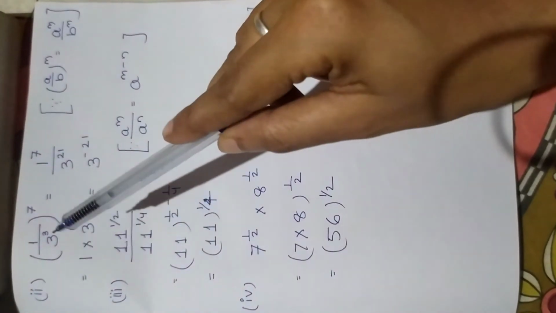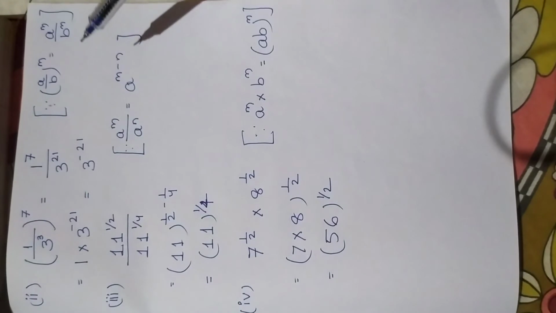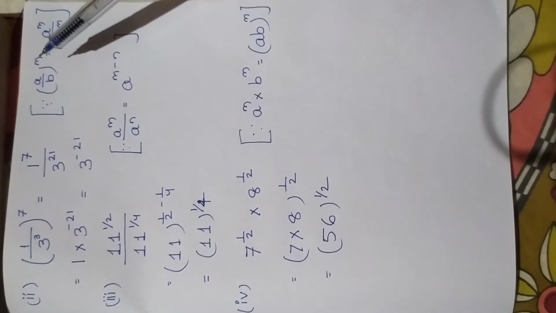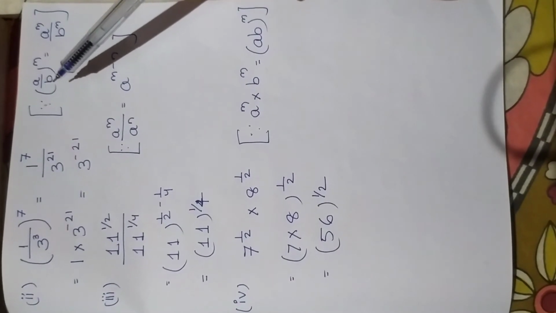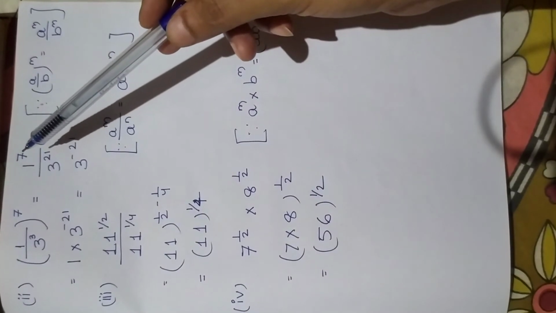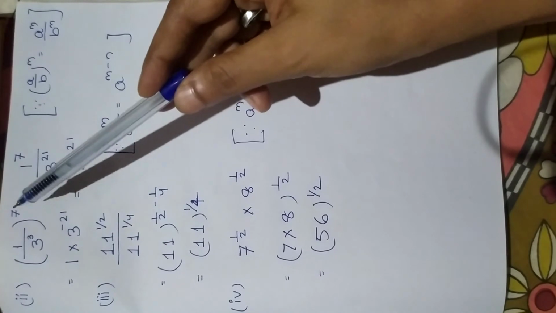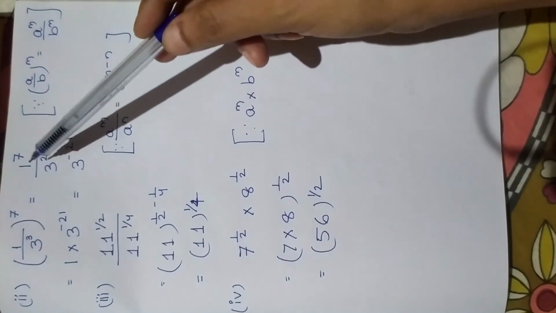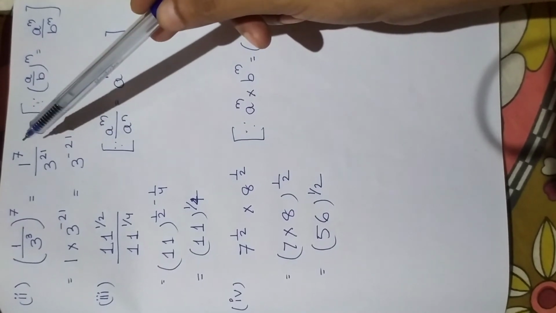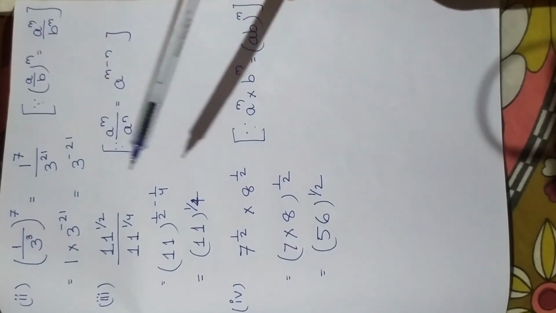Coming to next bit, 1 by 3 to the power 3 whole to the power 7. Here we know the identity a divided by b. If power is given as a whole, then each individual numerator and denominator will take the same power. So here same thing, 1 will take the power of 7, again 3 will take the power of 7. Previously it has 3, so 3 into 7 is equal to 21. 1 to the power 7 means 1. 3 to the power 21, when raised to the numerator part it will be negative. So it is 3 to the power minus 21 as the answer.